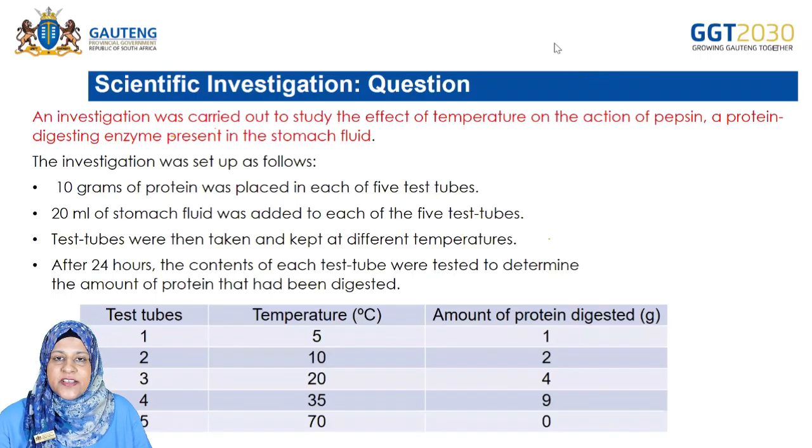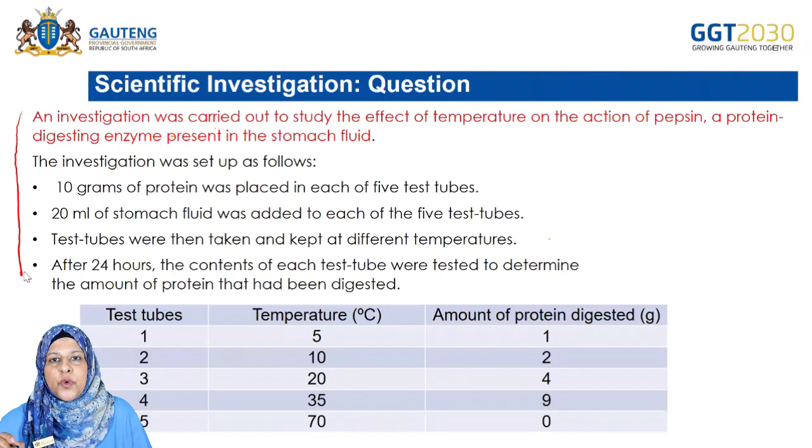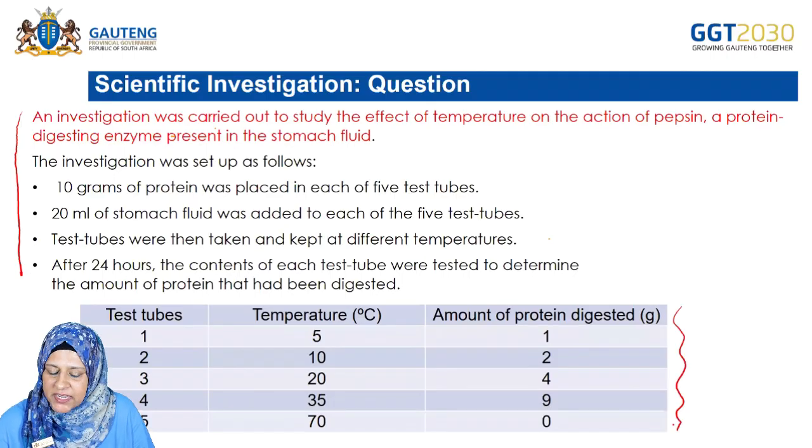Right. The first thing is, I said, you must read the stem of the question. Do not go to the questions without reading what the scientific investigation is all about. Secondly, you're going to unpack your data, look at the table, understand what is happening in the table before you